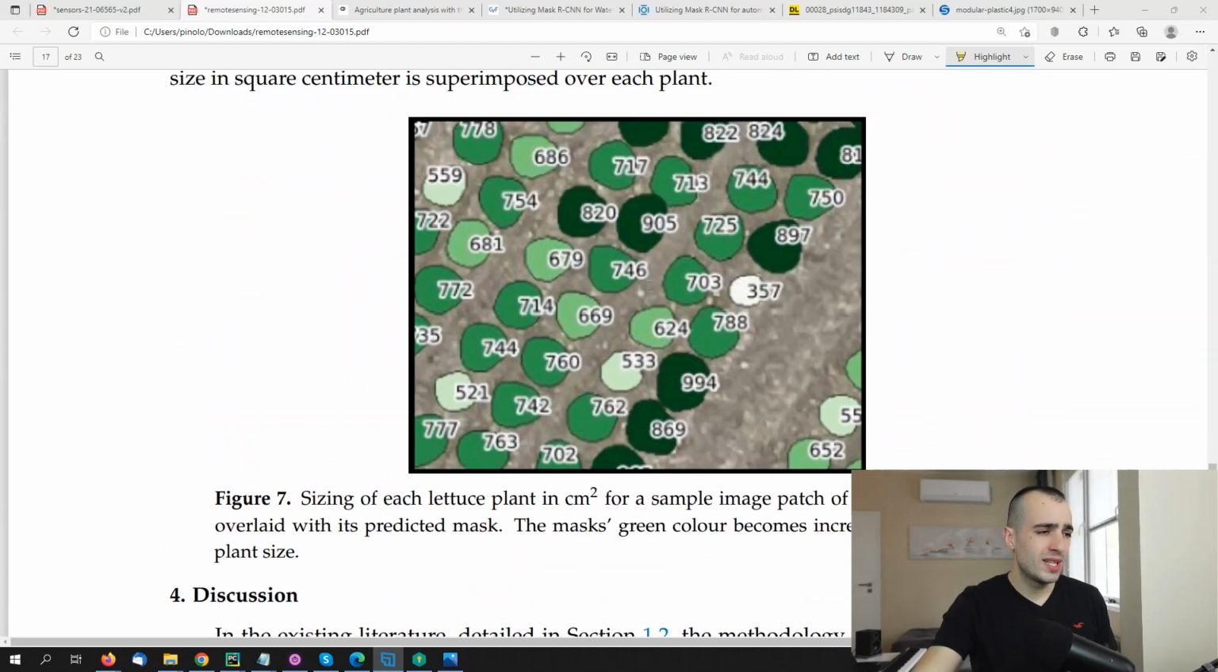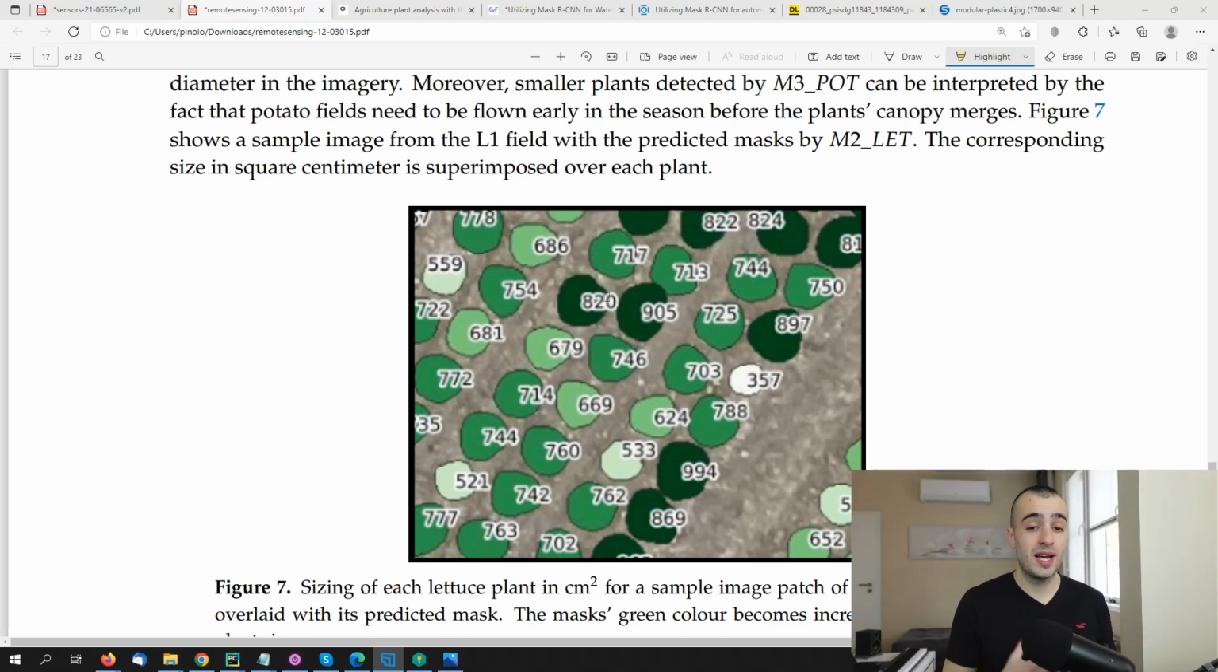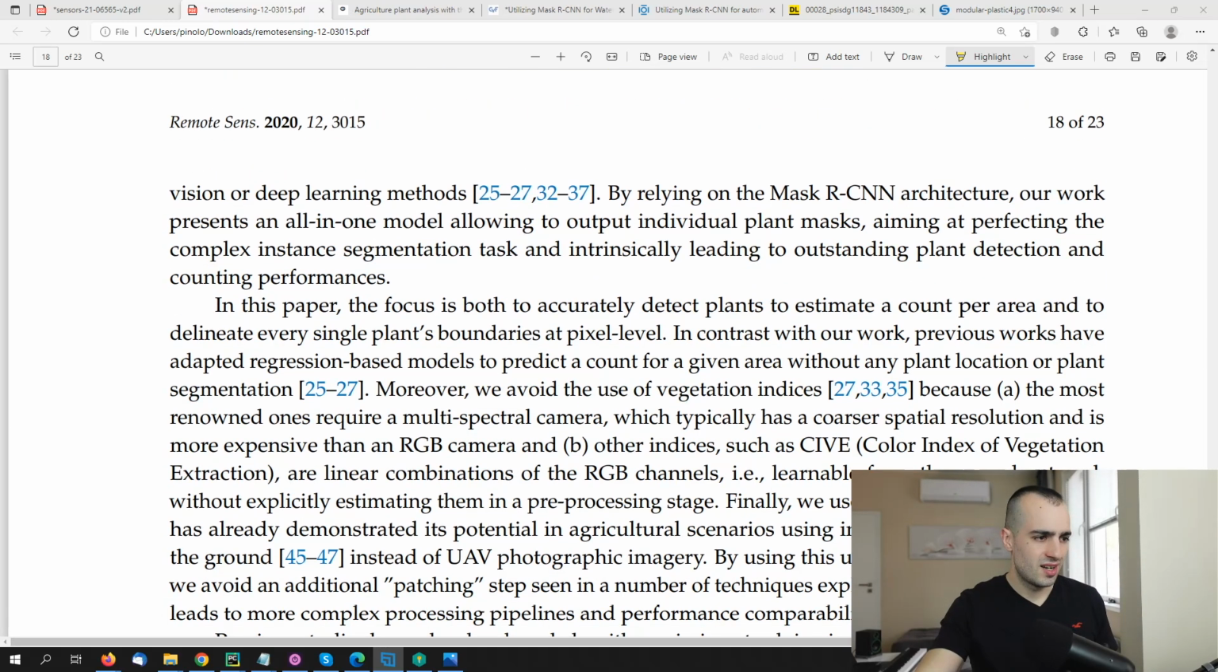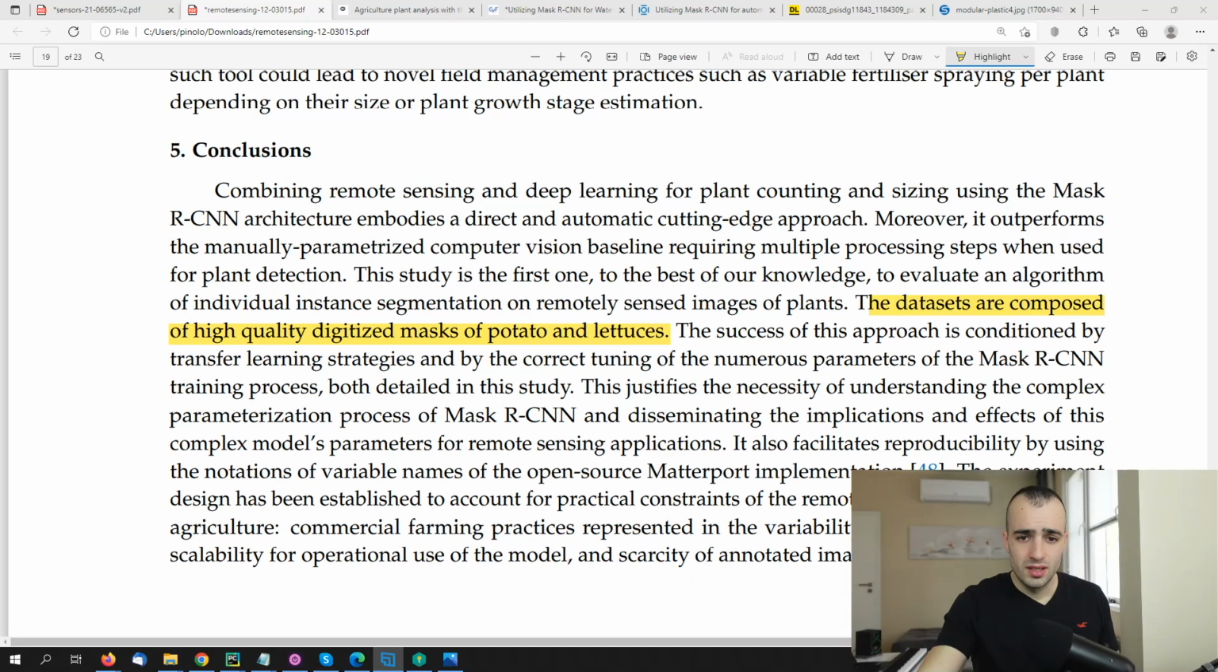And also you can classify somehow the crops based on their size. So you can, to also be visually clear, give a brighter color to a smaller crop and a darker color to bigger crops, so that with just a simple view, without reading the numbers, you can have an idea about your plantation. So this, of course, will make sense to the eyes of an expert in the field. And just to confirm, yeah, the dataset is composed of high quality digitized masks of potato and lettuces